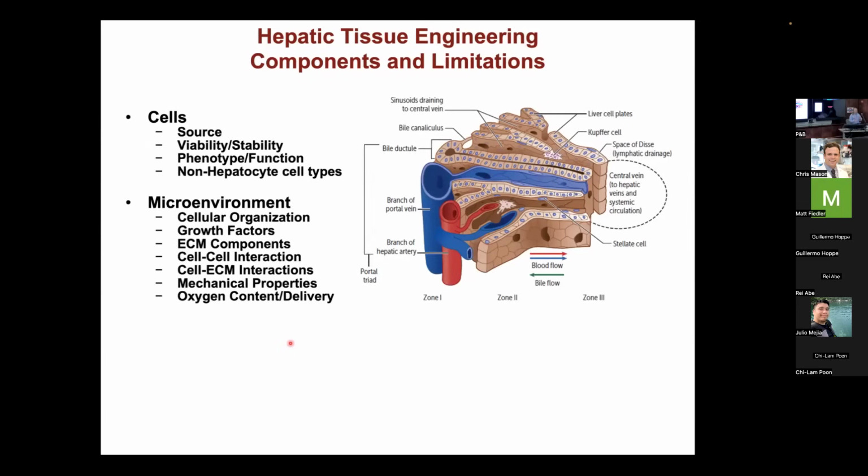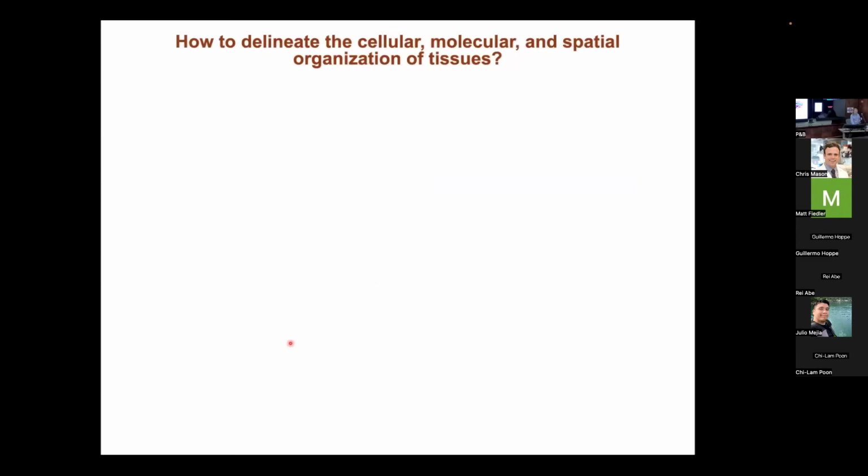And obviously, the different decisions or components that we're thinking about will ultimately impact the global phenotype and function of this. But one of the fundamental challenges is how do we actually go about doing this? We actually don't know much about the architecture of the liver. Obviously we can get H&Es and things like this, but we don't really understand how the cells are organized